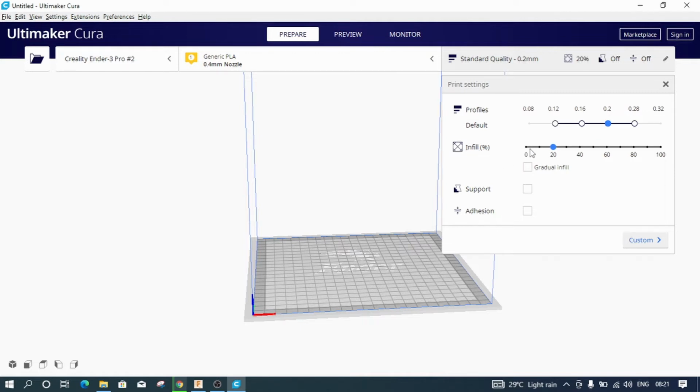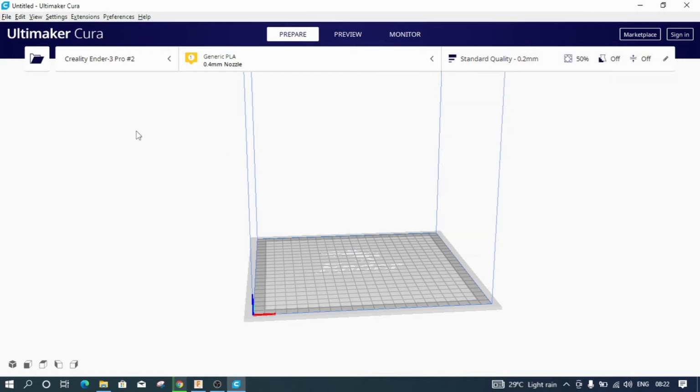And secondly, this is infill percentage. You will not be filling your model completely with plastic, but you will be using some patterns and leaving spaces to save the material. You have 20%, 40%, 60, 80 and 100. 100 means a completely solid model and 0 means a completely hollow model. I want somewhere between 40 and 60, so I will leave this at 50%. And right now I am not worried about the support material, so I will leave this box, and I am not worried about adhesion as well, so I will leave it empty. And I will go ahead and import my file.